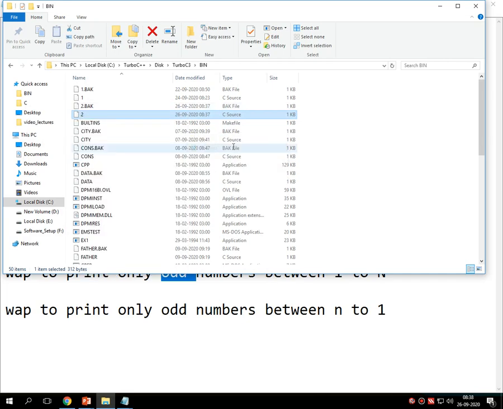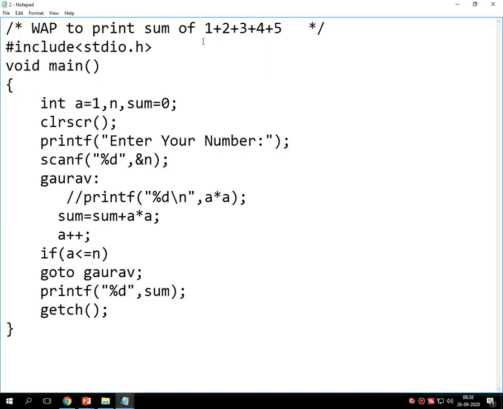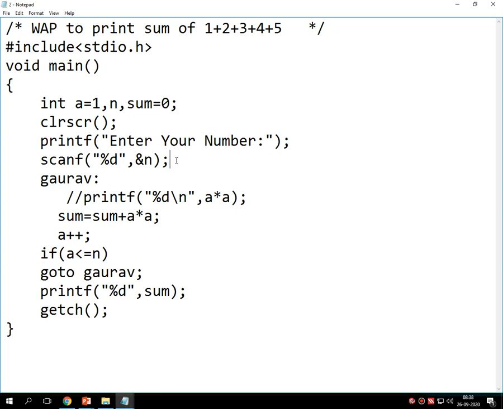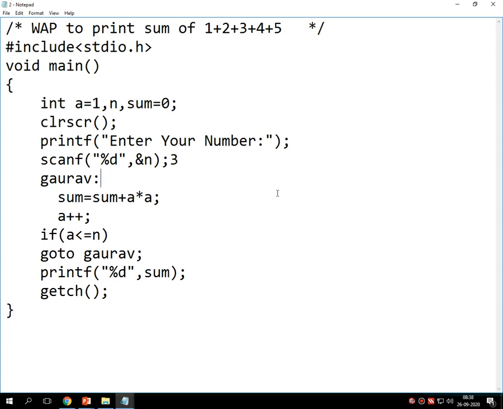Now I am opening this tab. For this program I require three variables a, n and sum equals to 0. It asks for the number. Here suppose I am entering 3. I am taking a very low number first because we just want to learn how the program works.